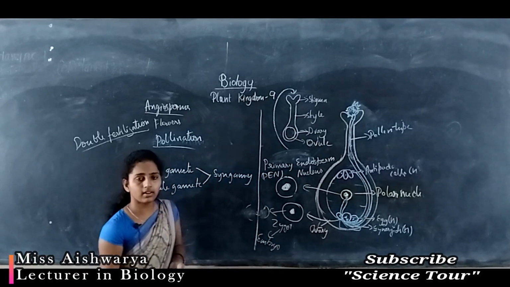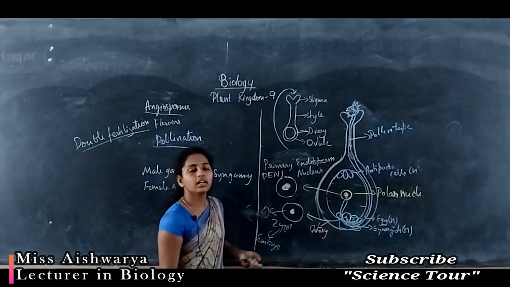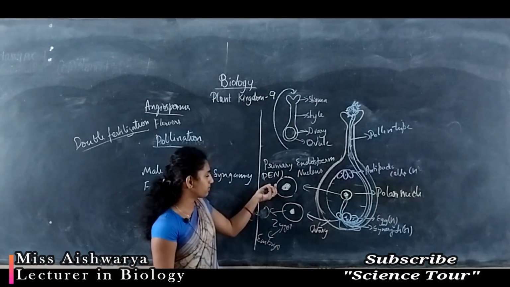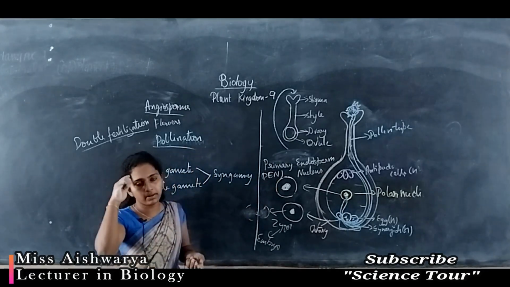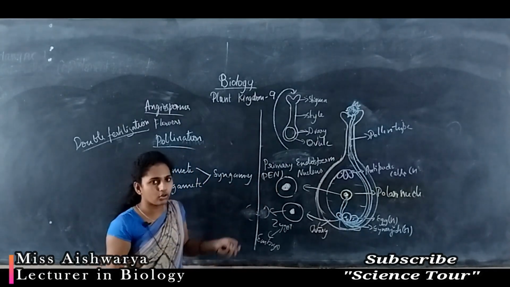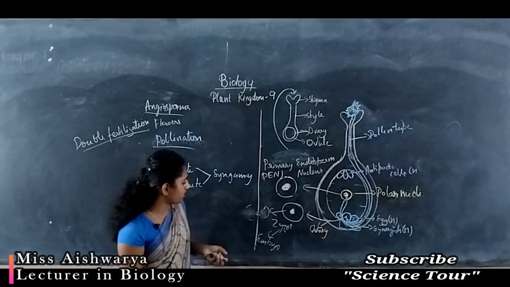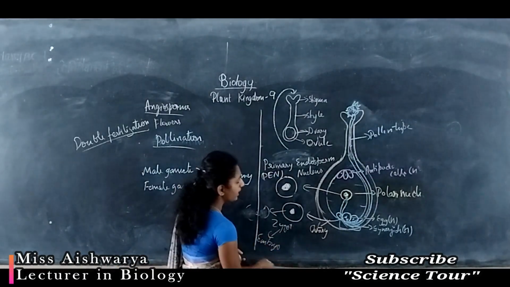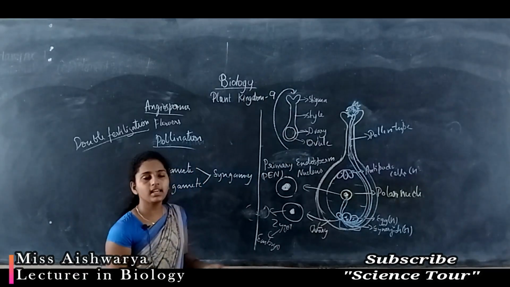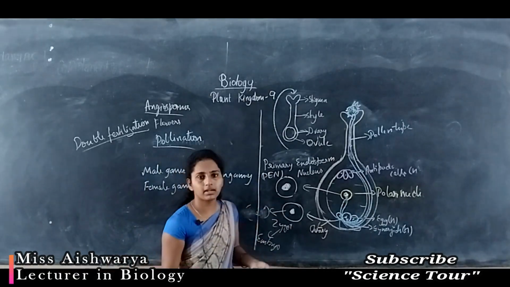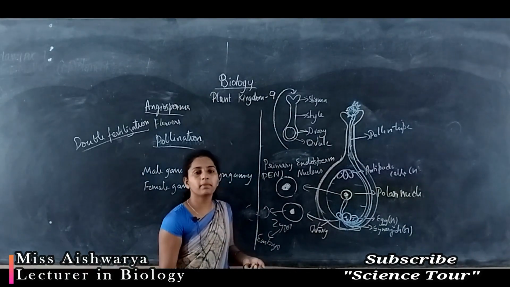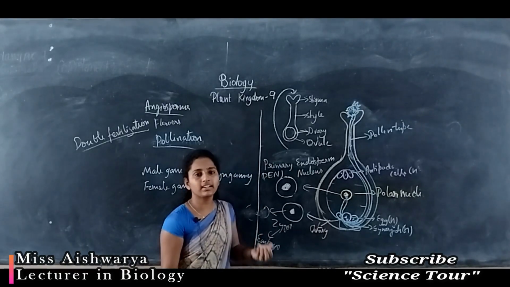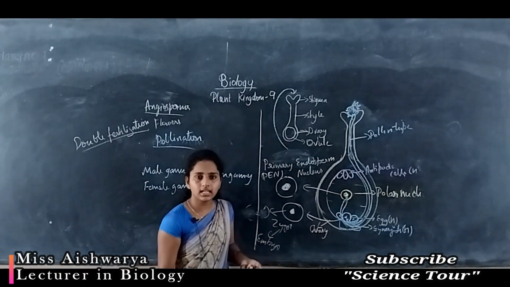The zygote divides and forms an embryo. The primary endosperm nucleus develops into endosperm. They undergo further division and form endosperm around the embryo. These endosperms are nothing but the nutritive material present in the seed, which nourishes the